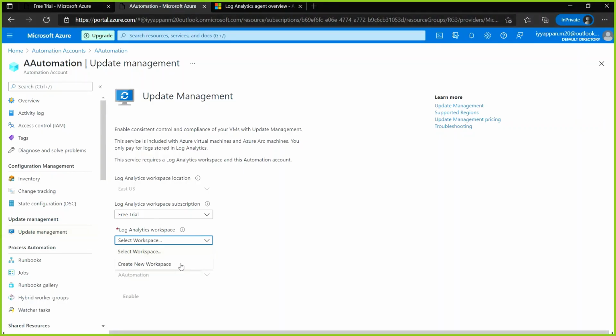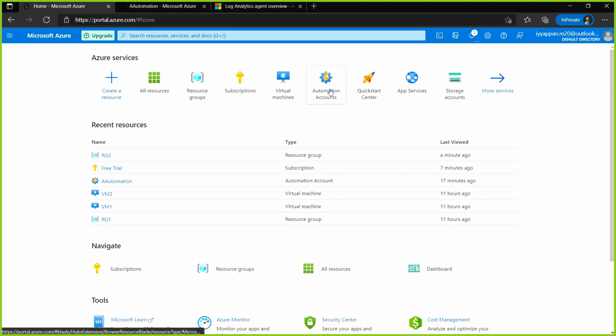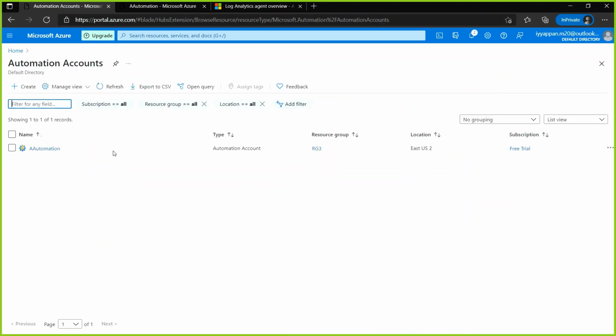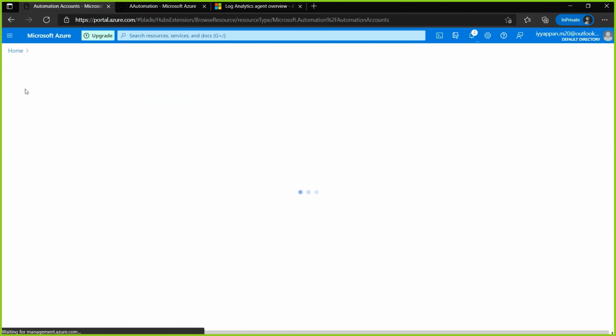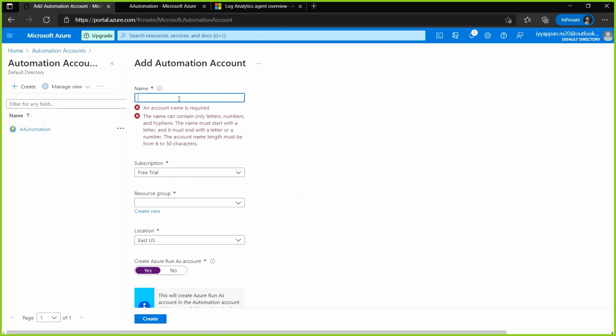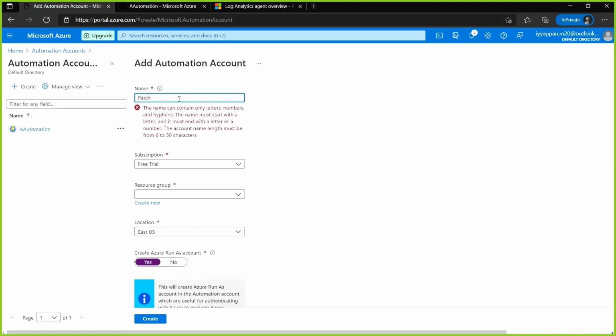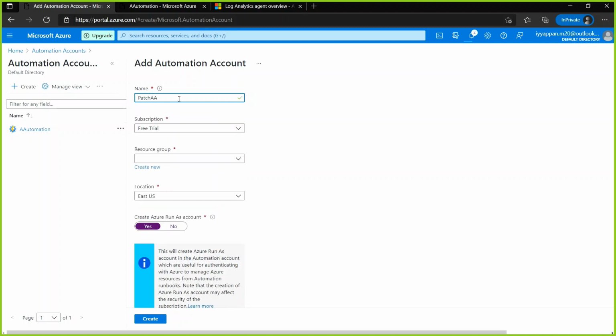Hello everyone, welcome back. In this video, we will see update management. So let me go to automation accounts and let me create a new automation account. Basically we need an automation account for the update management to be configured. So let me enter the name for the automation account. I'll be just typing patch a account